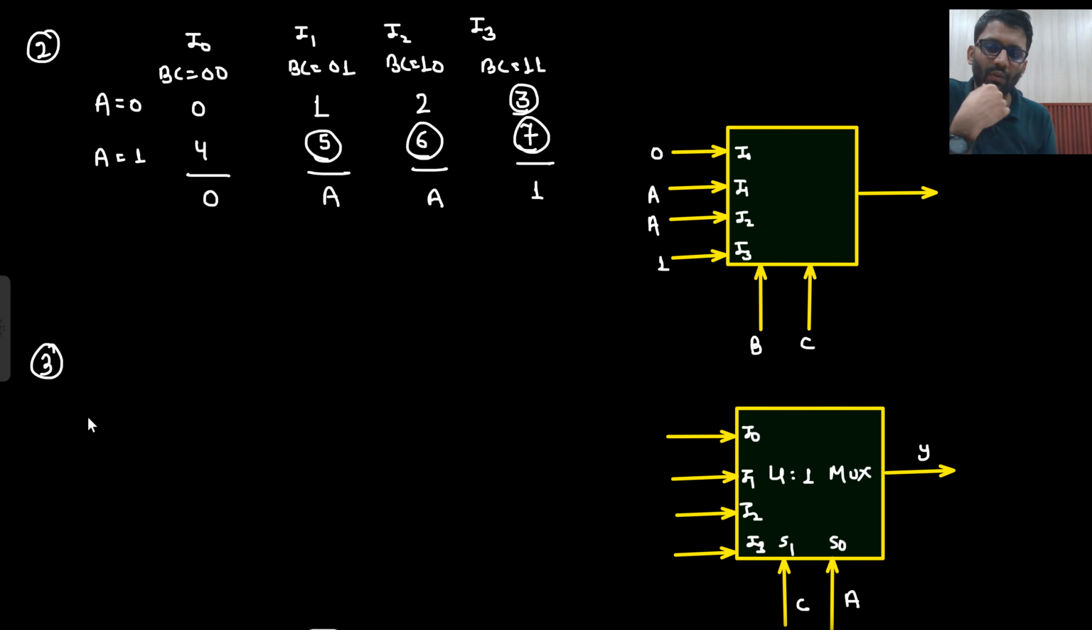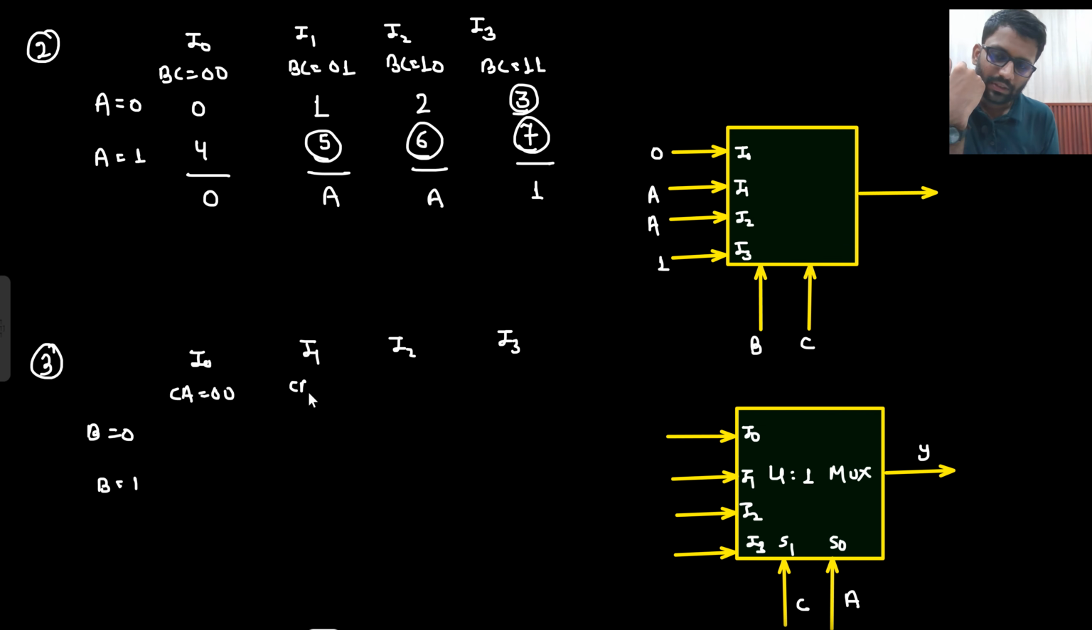Okay. So what is in our control? B is in our control. So B can take 0 value. B can take 1 value. I0, I1, I2, I3. So CA should be 0, 0. CA should be 0, 1. CA should be 1, 0. And CA should be 1, 1. Then only you will get I3. Okay. Now